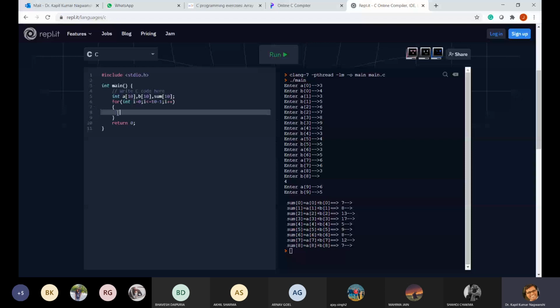Now let us write one statement, printf "\n find \n %p is my %p. Address of a[%d] is %p.